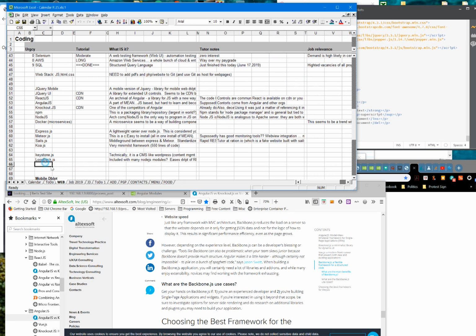But at any rate, Sails was actually pretty interesting because, again, it's like an easier to use version, as compared to